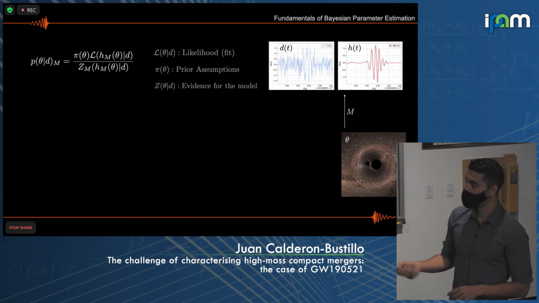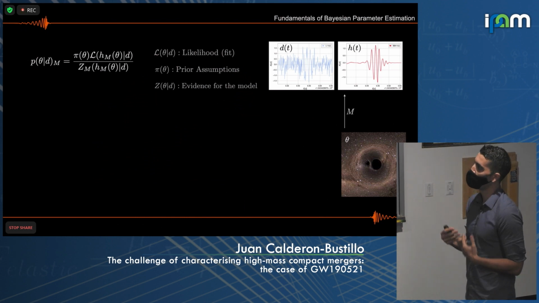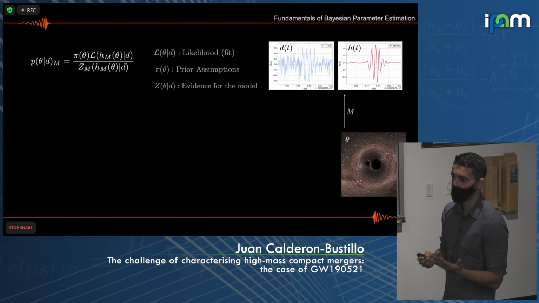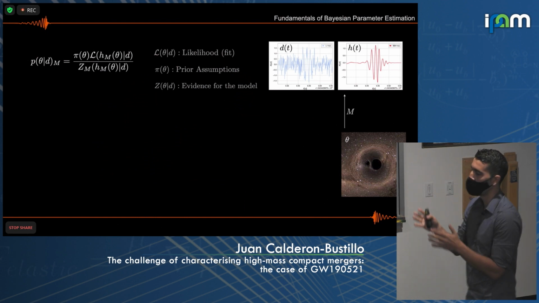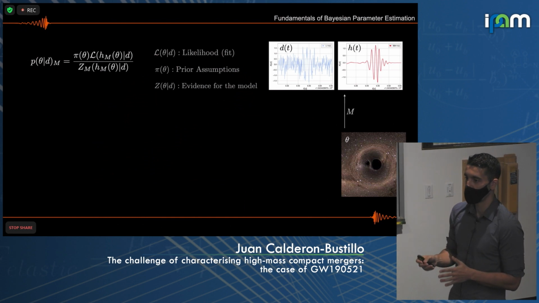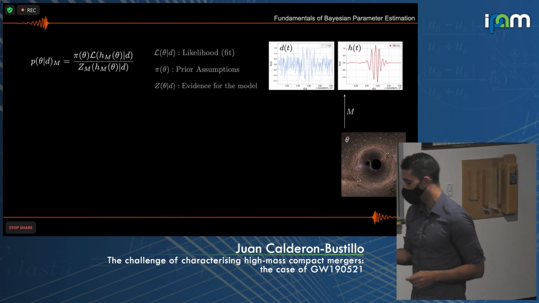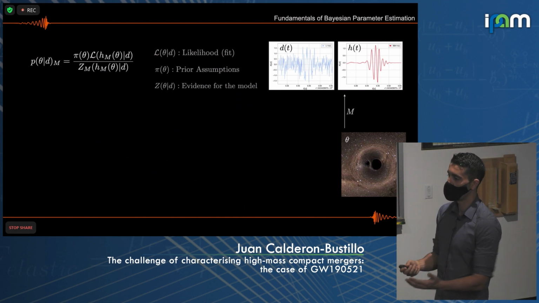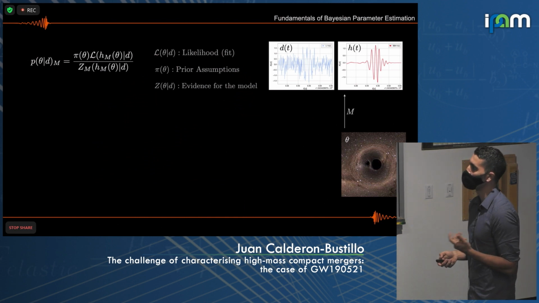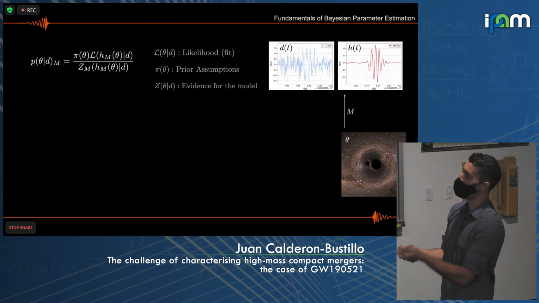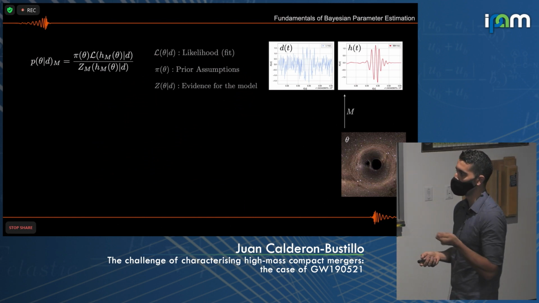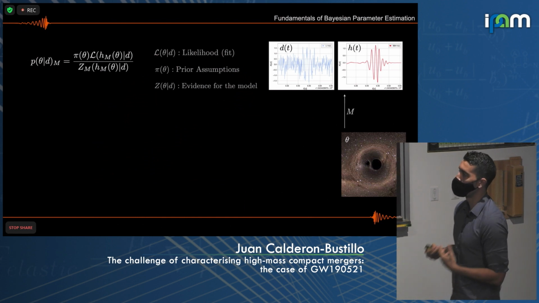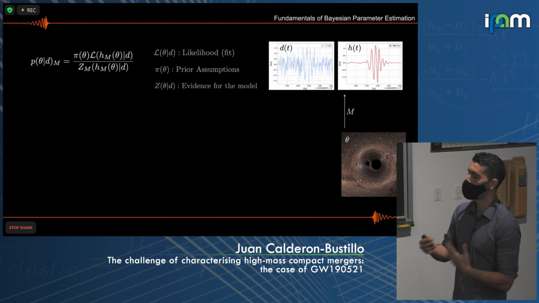The first one is the likelihood. So the likelihood, the way I view it, is essentially a measure of similarity between your data and your model. So you're just looking at the data, you have your model, and you say how close these two things are by some kind of measurement. In our case, what we look at is the residuals that we leave in the data after we subtract the model we're comparing with, and we impose that if we have the noise under control, then this residual should be consistent with Gaussian noise.